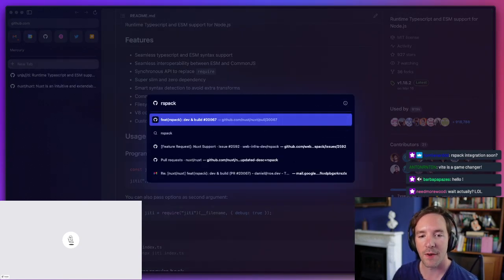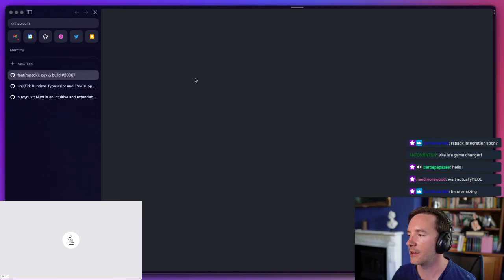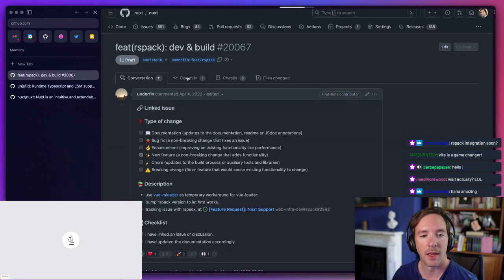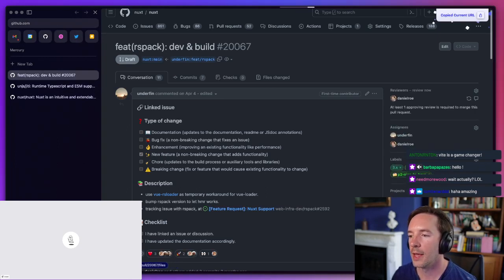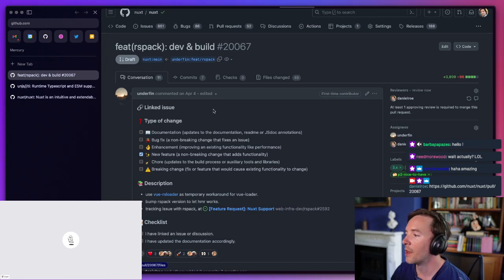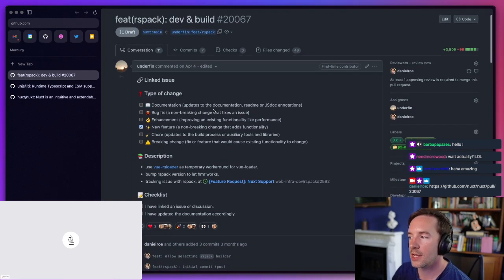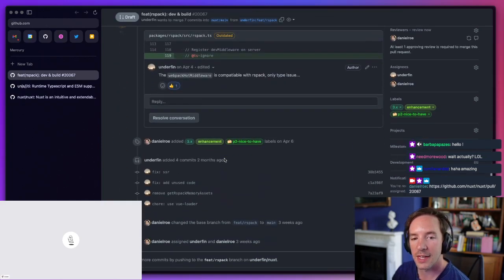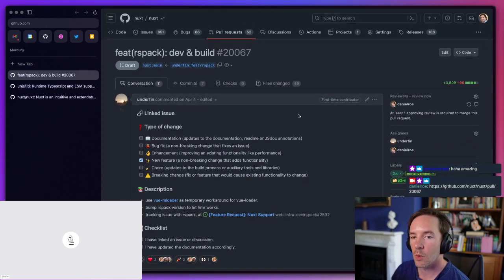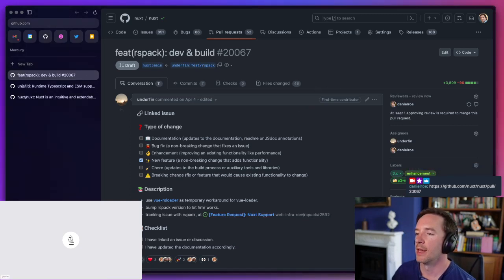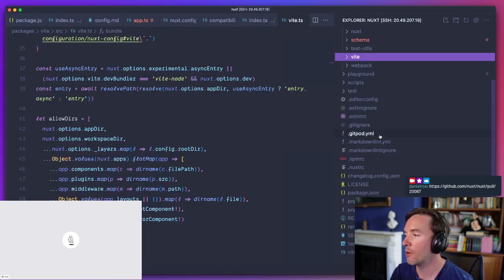Initially I put a very, very basic thing together. There's a branch up on the Nuxt repository. And it was very, very basic, don't get me wrong. And then I started chatting to Underfin, who has done great work in the Vue community as well. And before long, this was created. And honestly, it's been amazing to work with the RSPack team. They're great. And we are already quite far down the road. So feel free to check that out, try it out, look at the code. It's pretty cool. So yes, you could create your own builder.